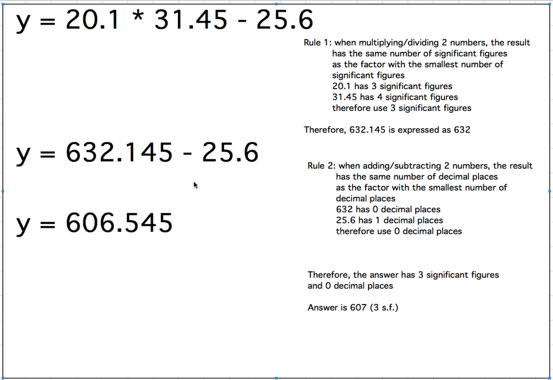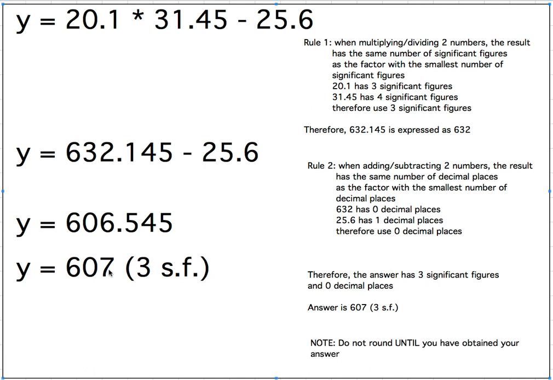606.545. But because I'm not going to be counting the decimal places here, I'm going to be rounding it to get rid of these decimal places. I have to round this up, so that becomes 607. All right, 3 significant figures,